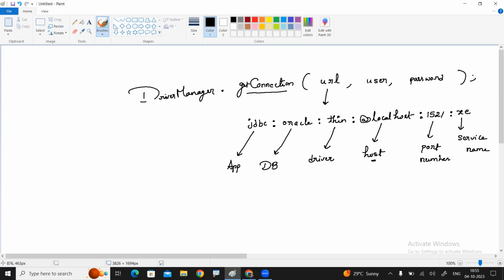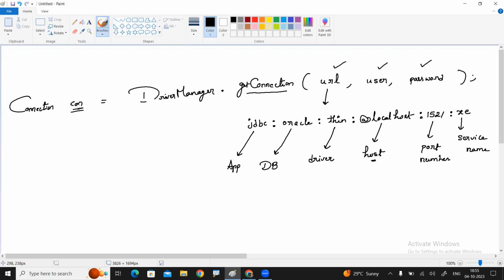See what all the things you provided as input values; if all are correct, then it will establish the connection. It will return the connection object, which we collect into a connection object reference variable.